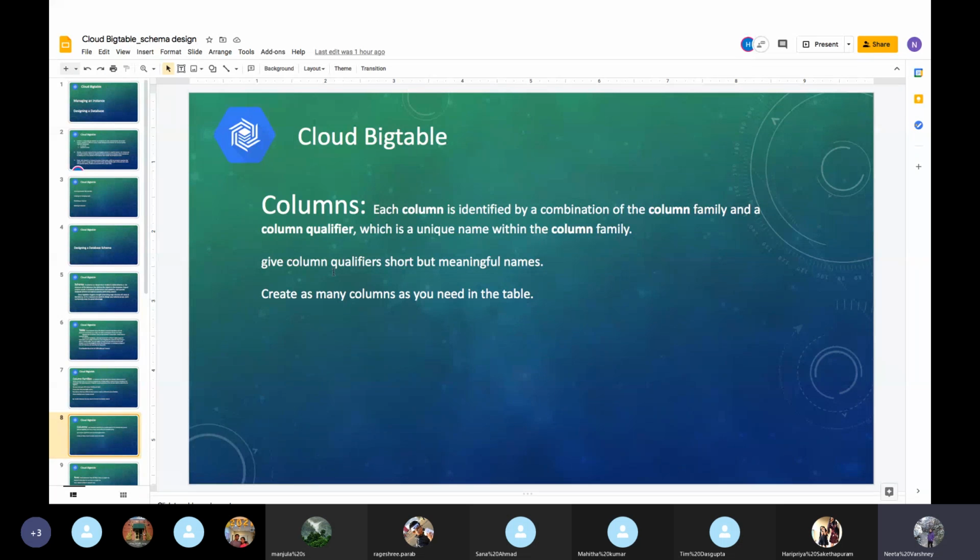We can create as many columns as we want in our table. There is no limit on the number of columns, but a row should not exceed 100 MB. If it's within 100 MB, we can create any number of columns as long as the row space stays within 100 MB.